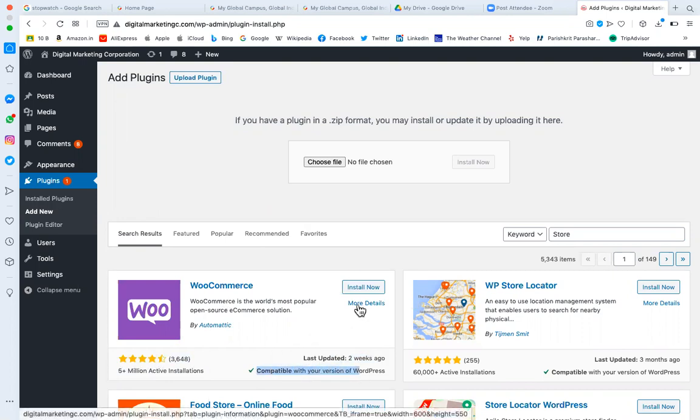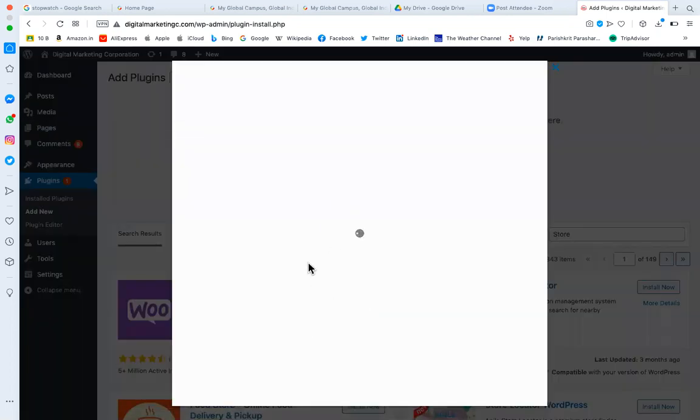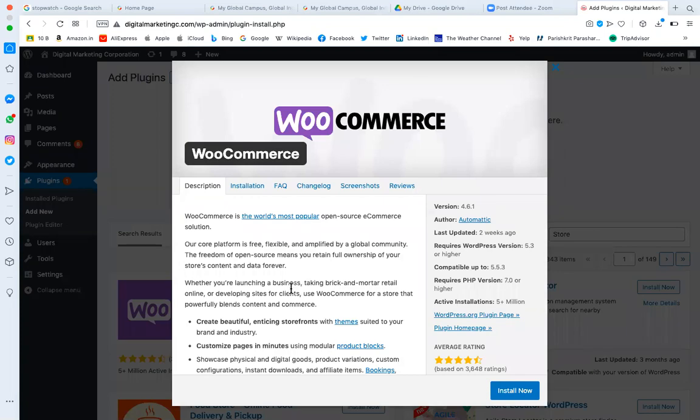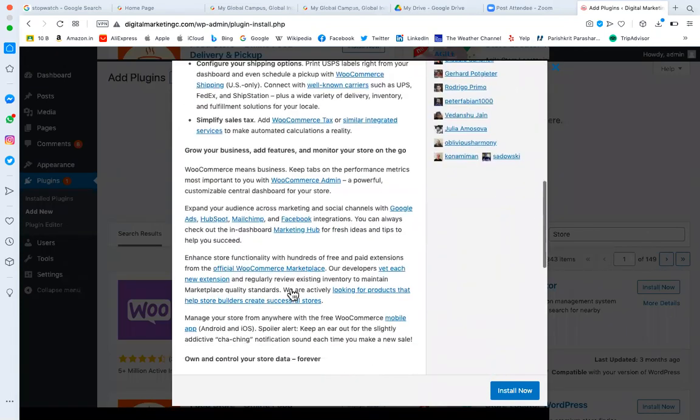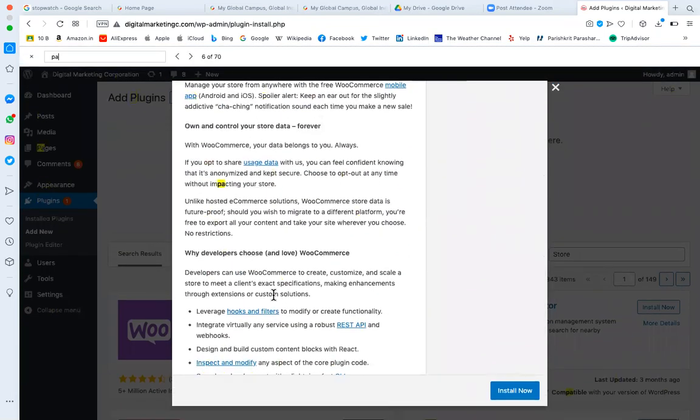We can go into more detail and see whatever features they are promising. Is this what we want from this plugin on our website? Here we can look for payment. Let's suppose we want a payment gateway.